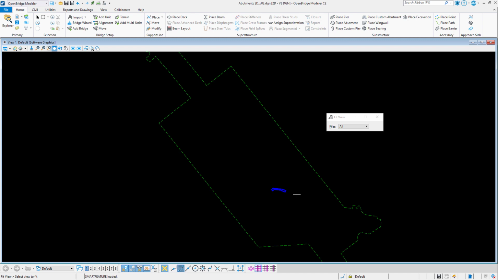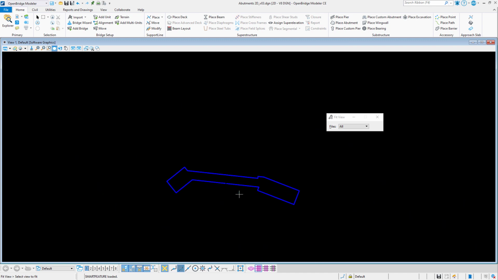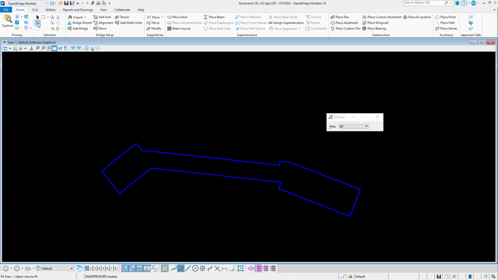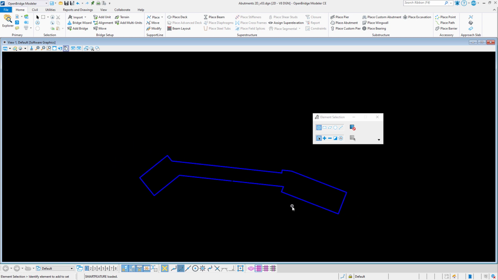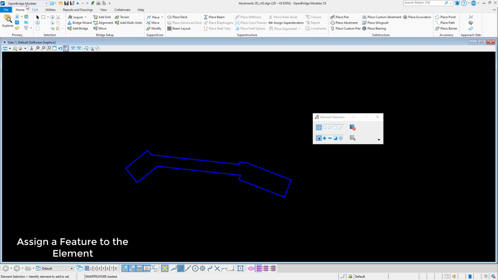There is also a single element that traces the bottom of the abutment in 2D. I know that the elevation, as I checked, is 948.6, but this element is in 2D, has no elevation, it's just a MicroStation element. So what I'm going to do, using the OpenBridge Modeler civil tools,